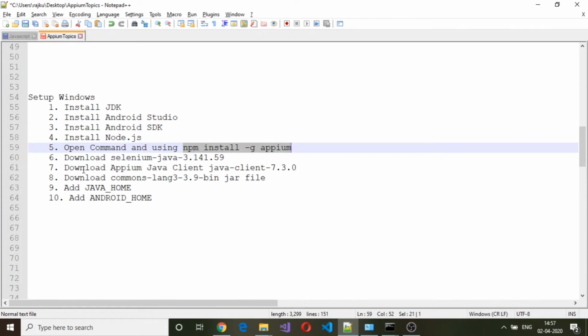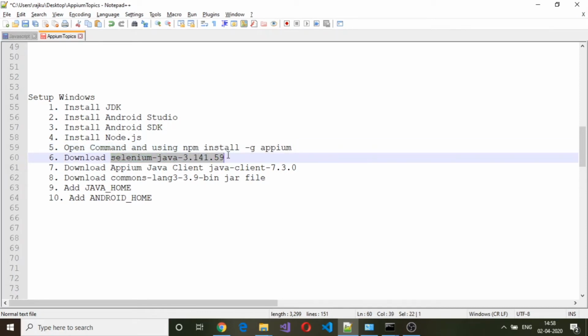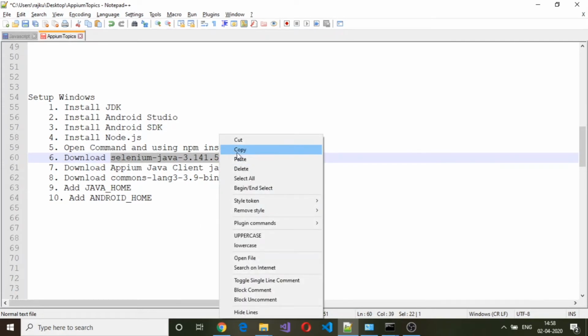And for the client software, we need to use Selenium Java. As we have seen in the previous session, for the client, we can use the Selenium libraries, either on Java, Ruby, Python, PHP, C Sharp. So here we are interested in Selenium Java library. So this is the version which I have downloaded, and this is the library.